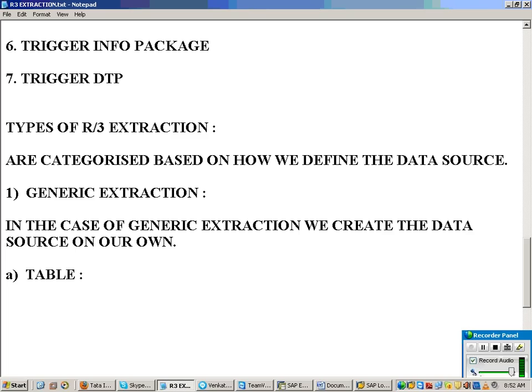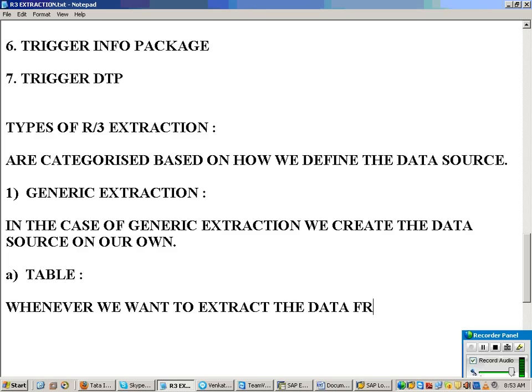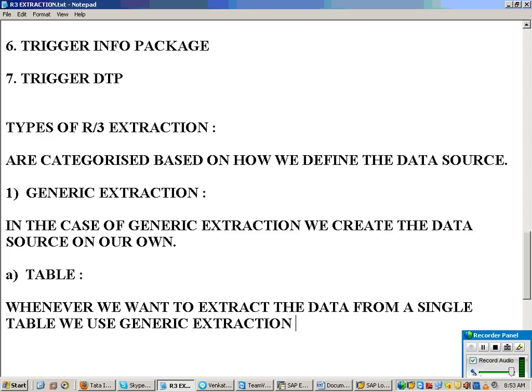Whenever we want to extract the data from a single table, we use generic extraction with table.